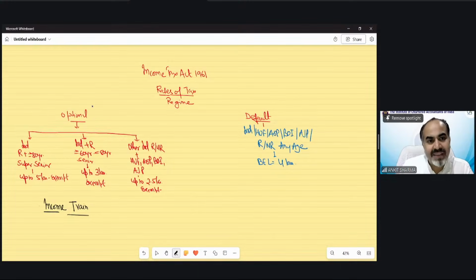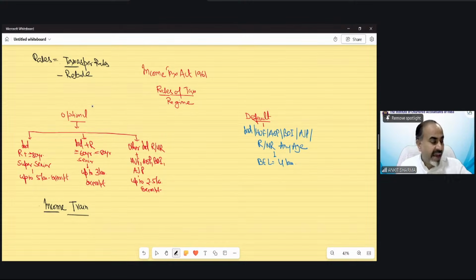So under the Income Tax Act, for the calculation of tax, there are four concepts we should understand. The tax as per rates, then the concept of rebate. Rebate is a discount which you can have from your tax. Then surcharge. For the calculation of final tax liability, you have to do these four tasks.